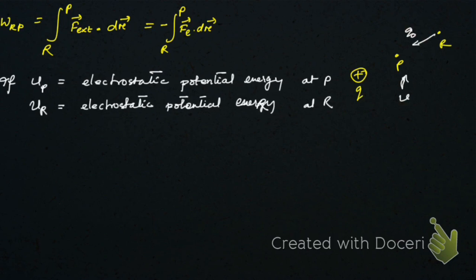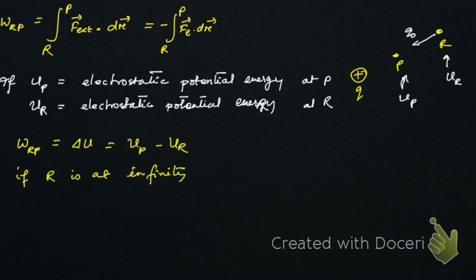Q naught is brought from R to P, so the potential energy at P is U_P, and that at R is U_R. This work done will be equal to delta U, the potential energy difference between these two points. Now if R is at infinity, where the potential energy is 0,